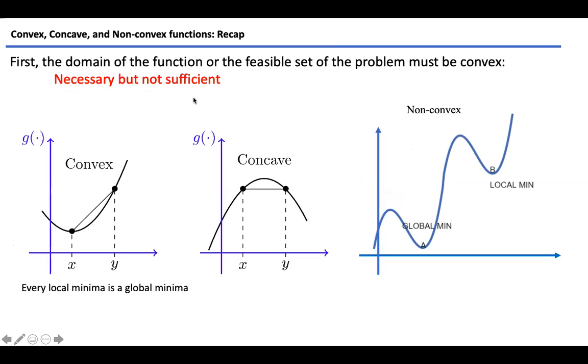So now we're moving from convex and non-convex sets to convex and non-convex functions. Okay, so for a function to be convex, first of all, the feasible set itself has to be convex, and that's necessary but not sufficient, because the function itself needs to be convex. This is a convex function, and if I want to simply